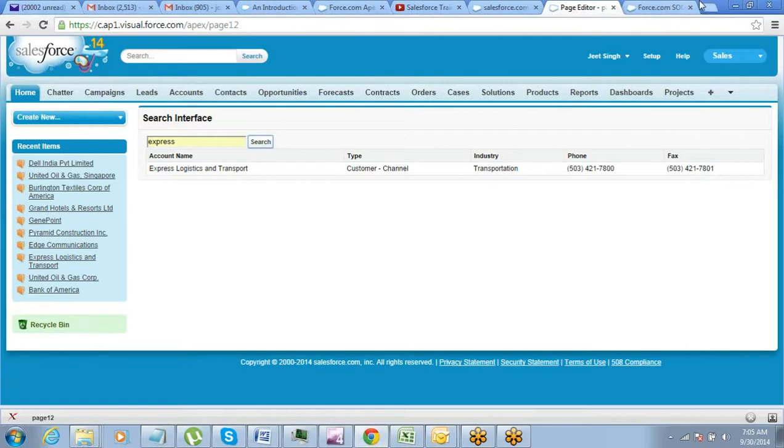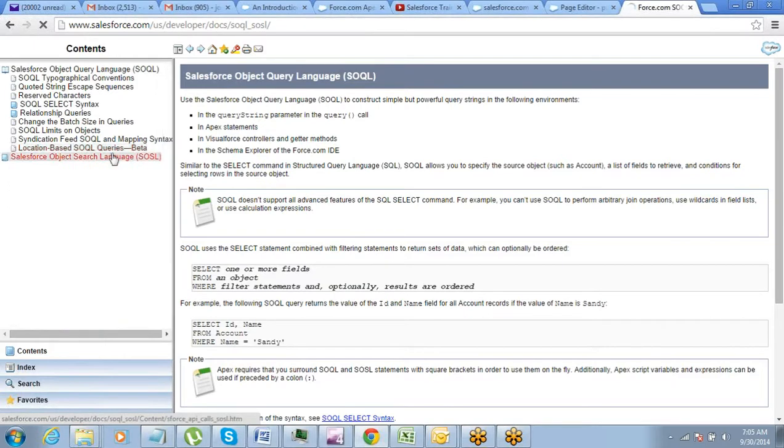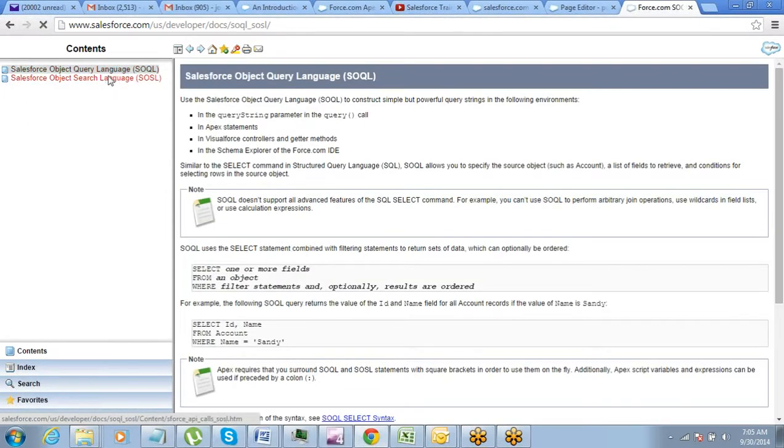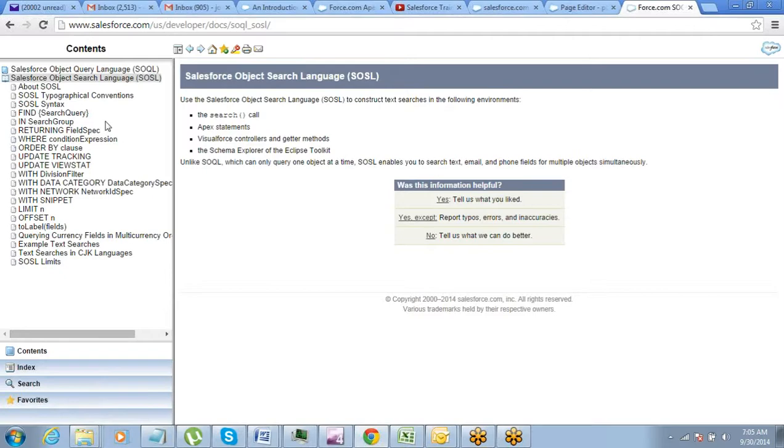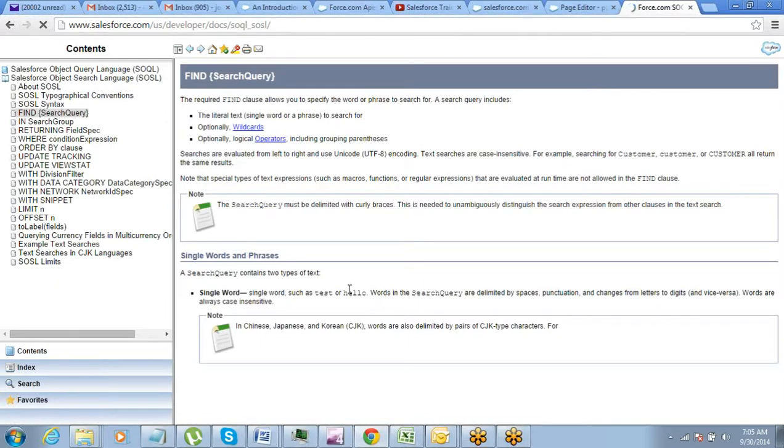Now you want to do search using wildcard and all those things, wild characters. All options are available here. Okay.